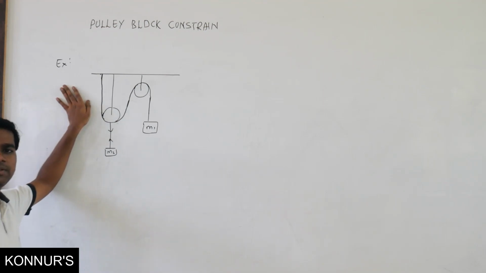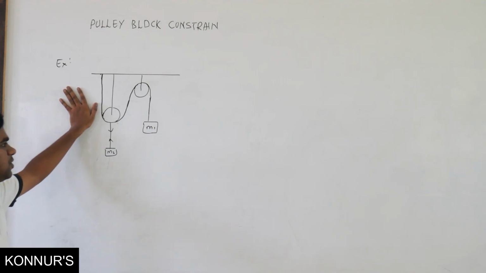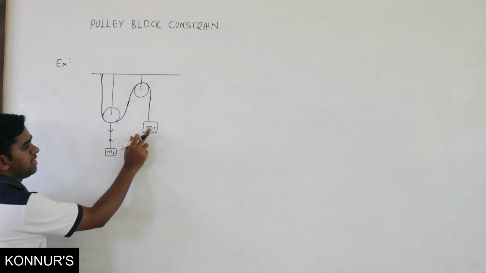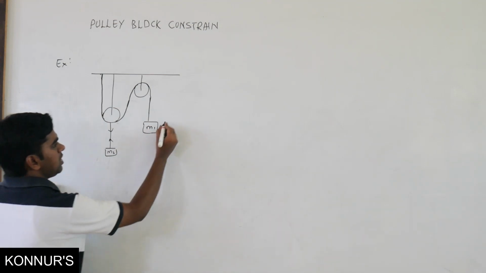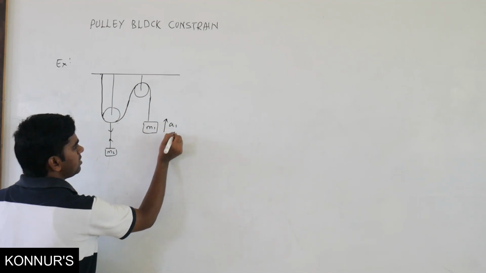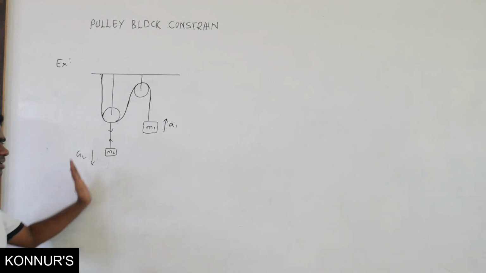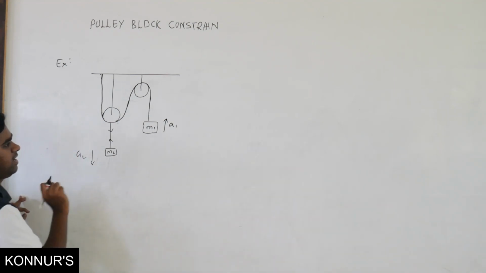So far what has happened, they used to give either velocity or acceleration, but sometimes they won't give acceleration or velocity, they ask acceleration or velocity only. So in that case, suppose now we are having two pulleys over here, two masses are connected, M1 and M2. If they ask acceleration of M1 and M2, you only assume that acceleration A1 is in this direction and take A2 in this direction. You can take upward also, no problem, whichever is convenient for you.